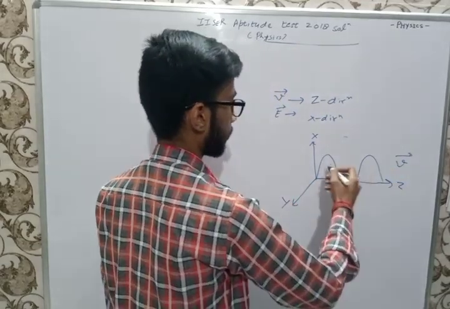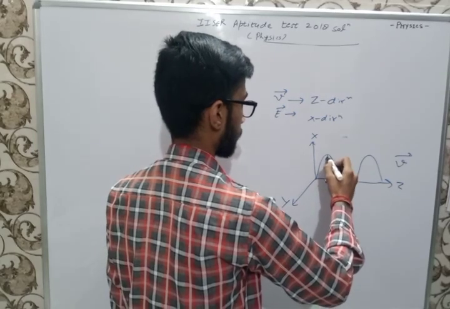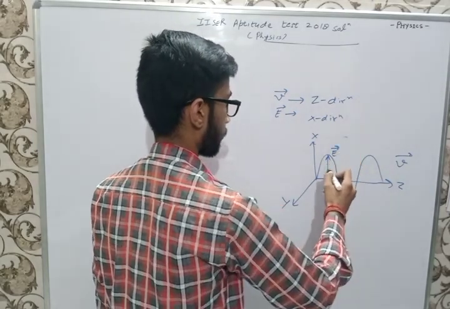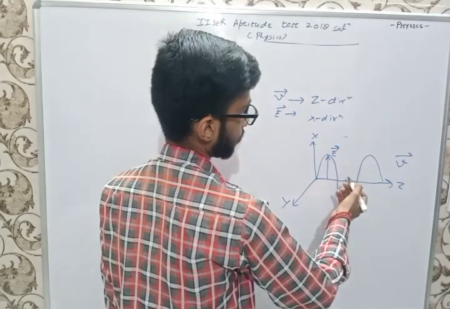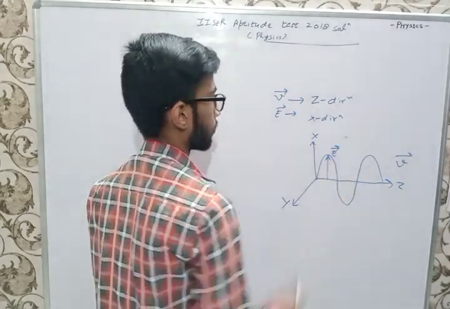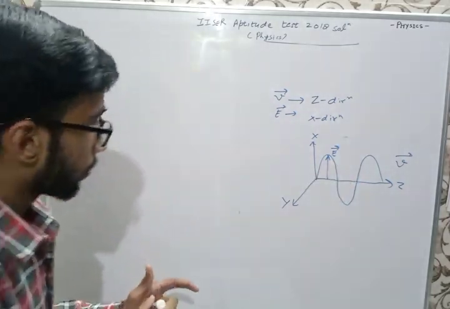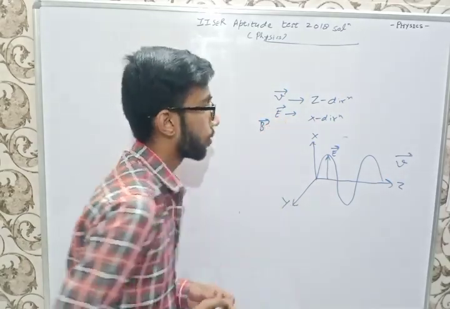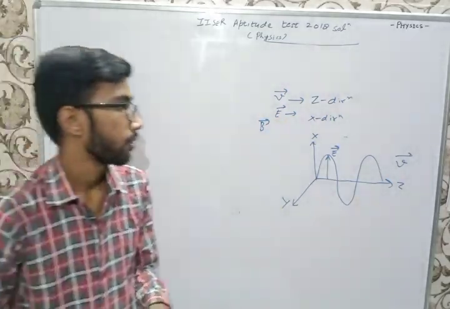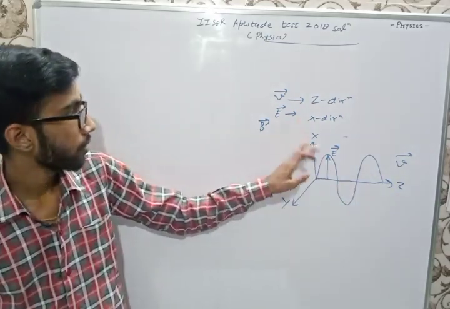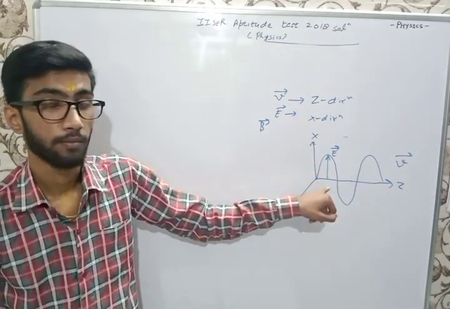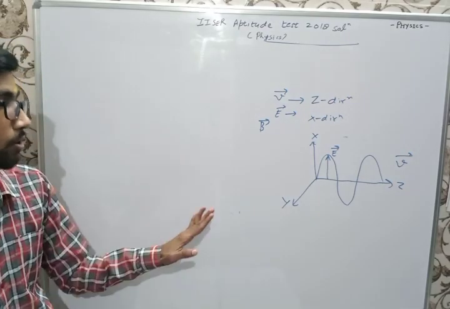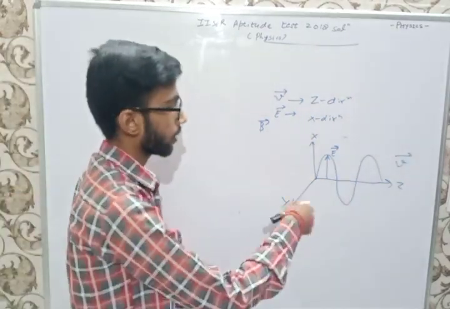Okay, this is the electric field, E vector. It is the magnitude, so it is the amplitude. So the magnetic field B vector has to be perpendicular to both the direction of propagation as well as the electric field. So the only choice that it has is the y direction.